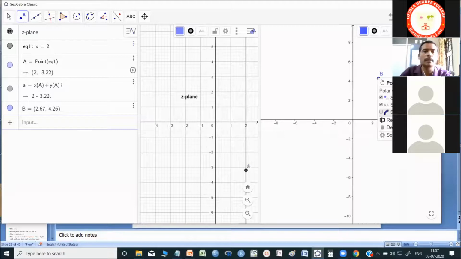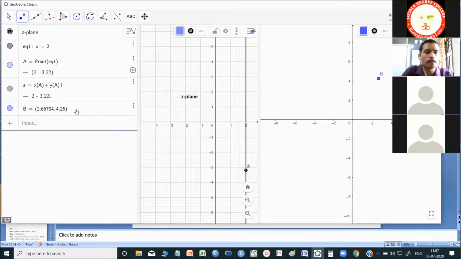Already explained, that is done. Then come back to B in the command line and change B to A square, A to the power 2. What is this A power 2? I am explaining the conformal mapping of Z square. Point A is on the Z plane, so Z square will be in the W plane. So A square, that is done.